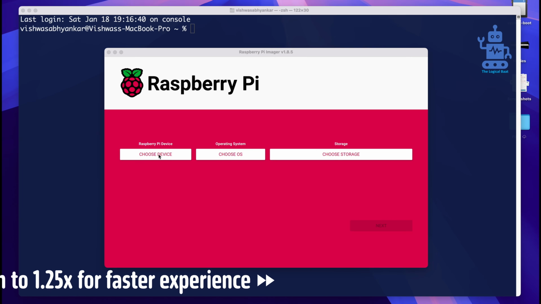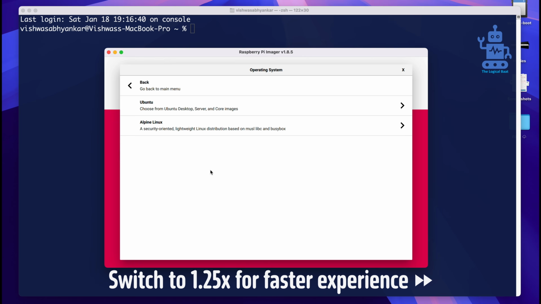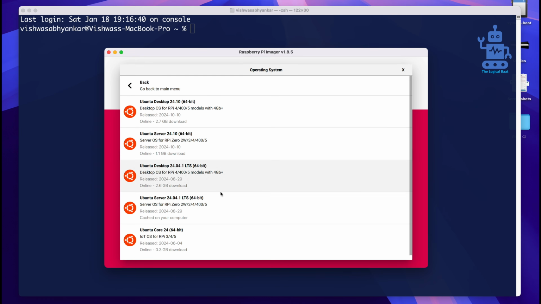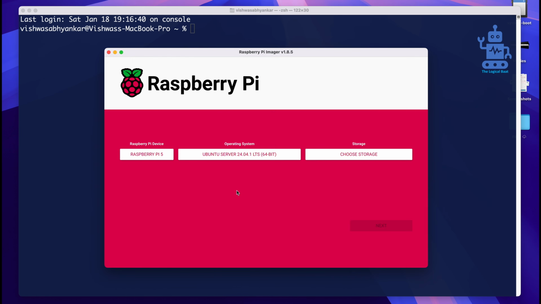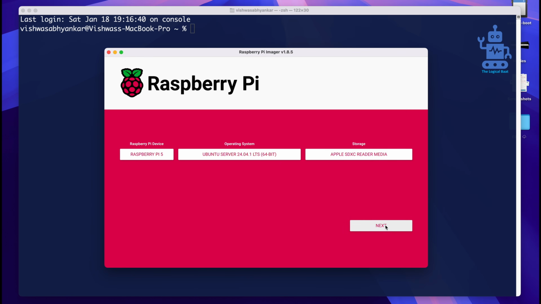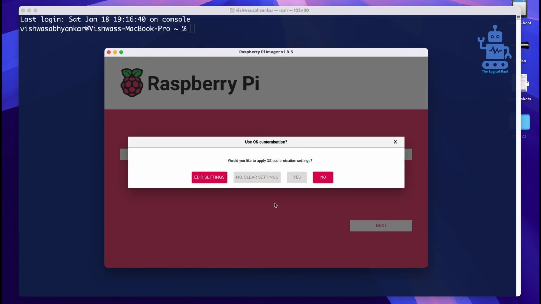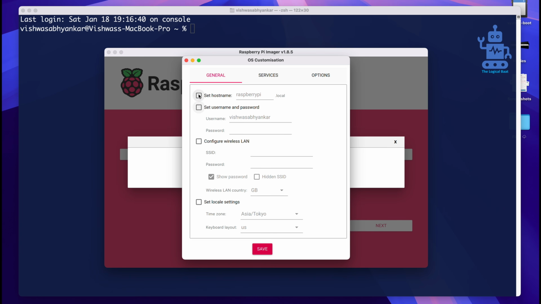So here, choose your device as a Raspberry Pi 5, choose operating system from other general purpose OS, select Ubuntu and its Ubuntu server 24.04.1 LTS version. Then choose storage and select the microSD card. Click on next. Currently clear all settings, then click no, go next, edit settings, set host name as Raspberry Pi